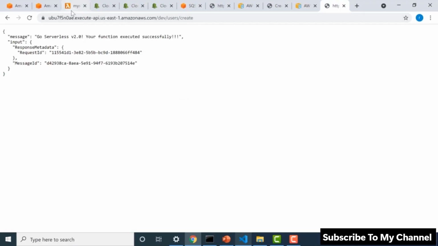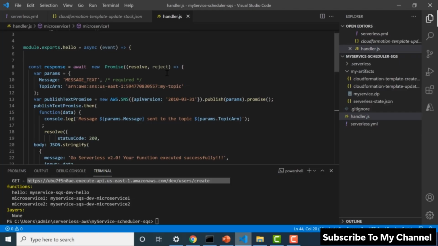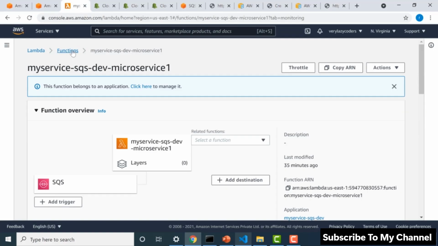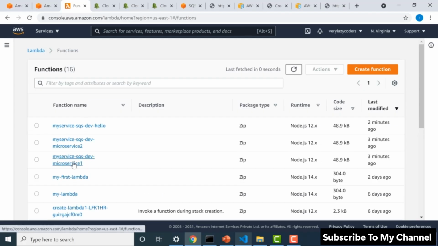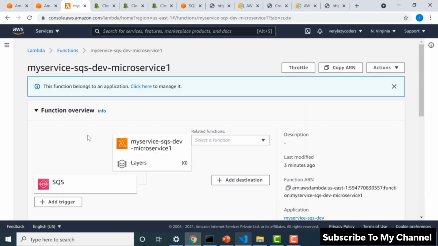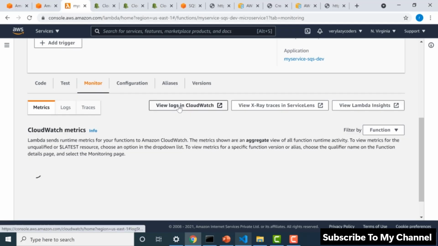Okay, let's see the message. The message that we should get is, going back to my handler.js, this particular message, which should be received by the microservice 1 Lambda. So I go back to my functions. You can see that there is microservice 1 and microservice 2. I'll open microservice 1, and you can see that it's being triggered by the SQS. If I go to monitor, and then view logs,